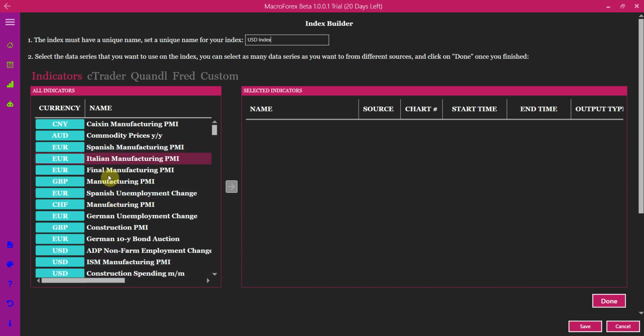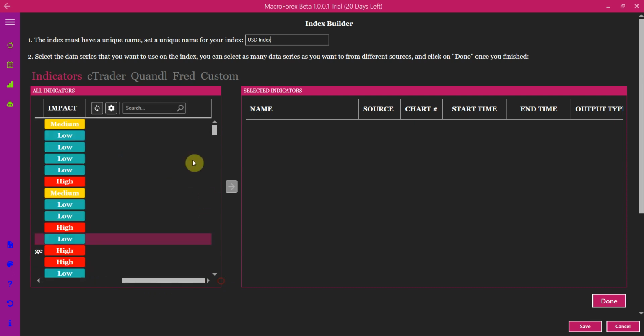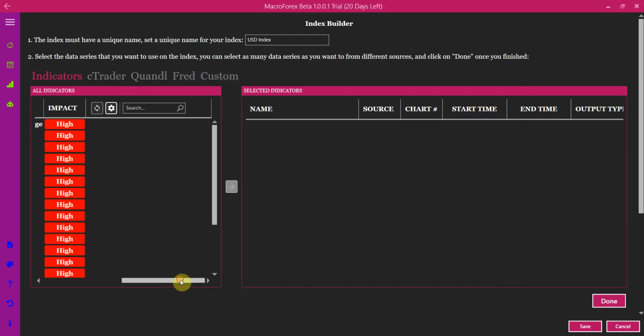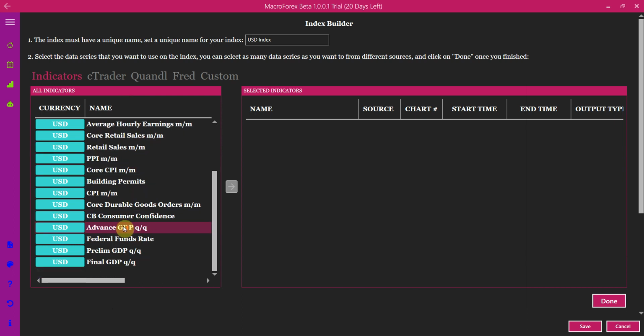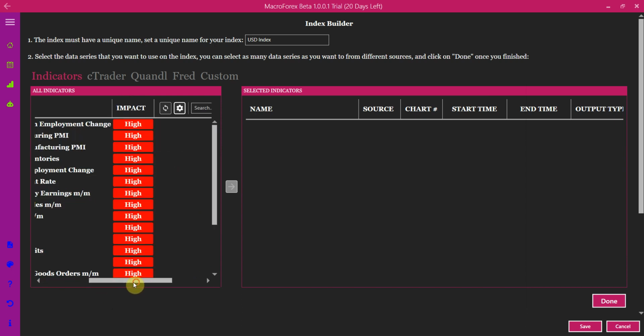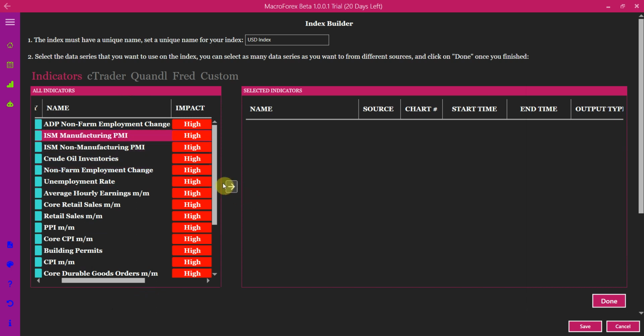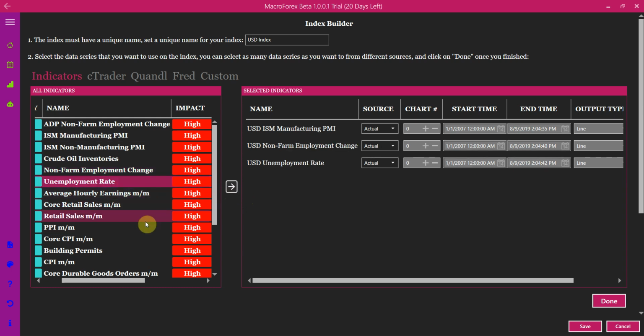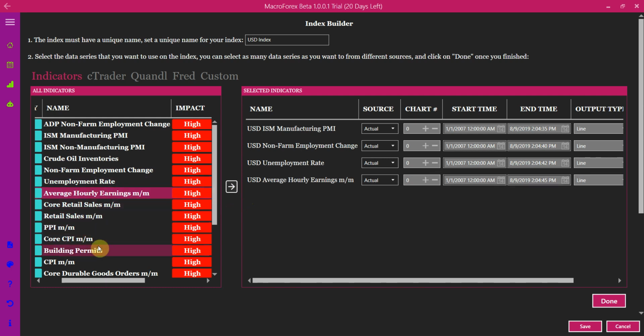Okay, here are all the economic indicators that are available in MacroForex. I will filter these indicators to show only the USD currency indicators and high impact indicators. Okay, apply the filter. Okay, we have now our indicators. Let's add the ISM manufacturing PMI. Non-farm employment change, or NFP as you might know it, unemployment rate, average hourly earnings, it's important, CPI, which CPI